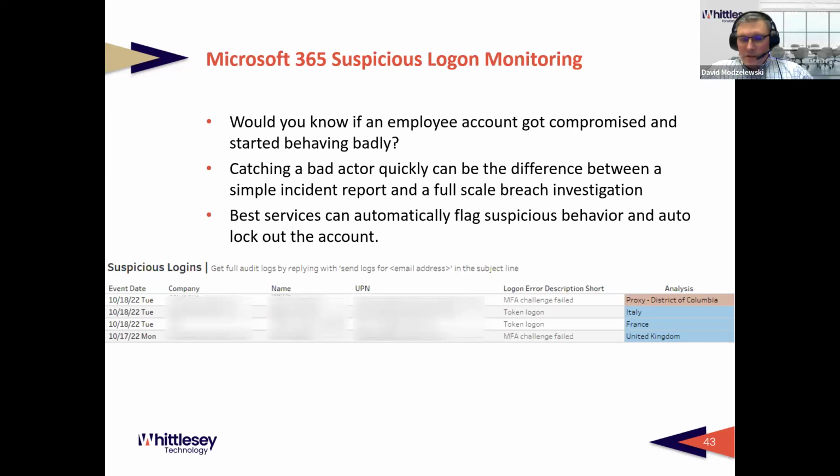In most cases, without some type of tool to monitor that activity, you probably won't know until that account starts blasting out phishing emails to all its contacts and makes itself very known that it's been compromised. Catching a bad actor quickly can be the difference between a simple incident report and a full-scale breach investigation. A lot of these credential compromise attacks in Office 365 and other services, the credentials are harvested from a phishing attack or something like that, and then